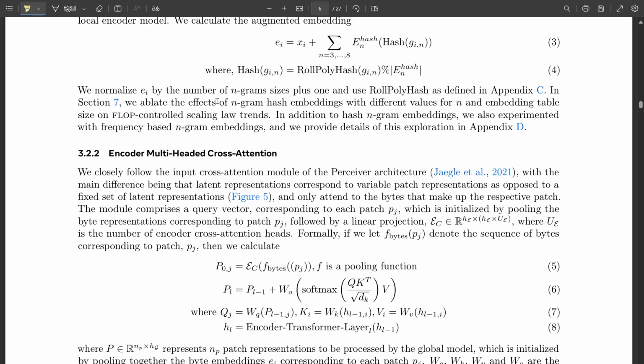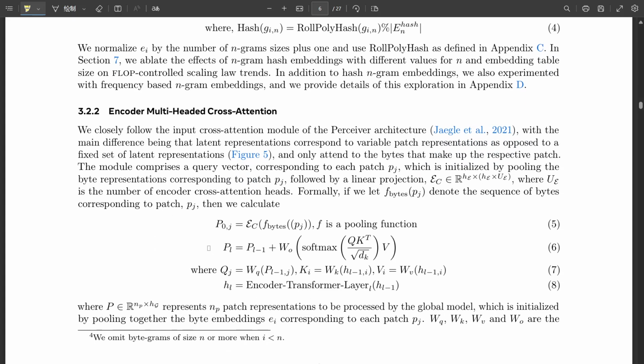The performance gets a huge boost. It's like BLT's getting a head start in the race. Exactly. It gets to benefit from all that work that's already been done with those massive token-based models. That changes everything. Yeah, it does. It means we don't have to start from scratch with BLT. Right. We can build on all those successes and really speed up its development.